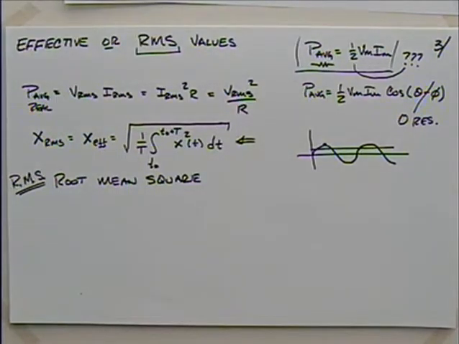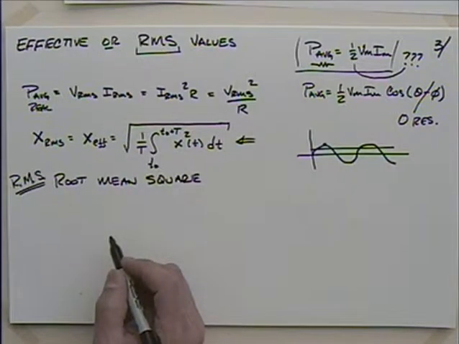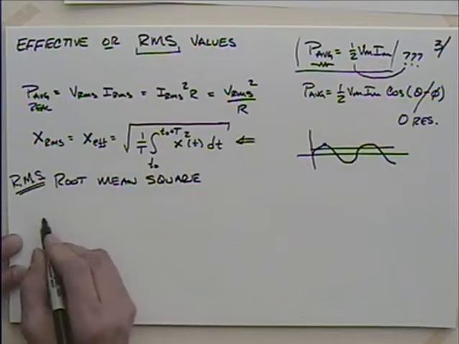If you read through Chapter 9, your author did this in a little different order than I'm doing. I'm actually in Chapter 10 now, but your author talked about RMS in Chapter 9, kind of spoiled the surprise, but that's okay. If we look at a sine or cosine wave,